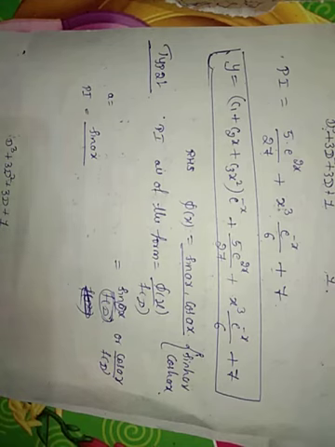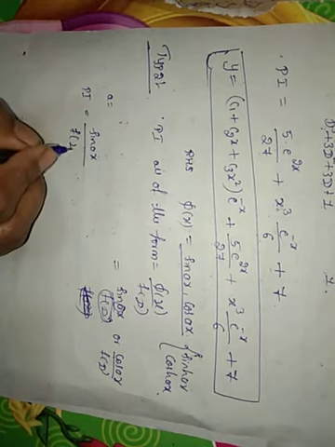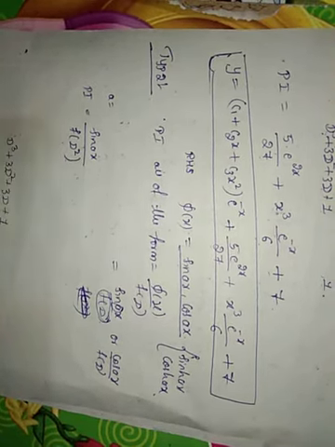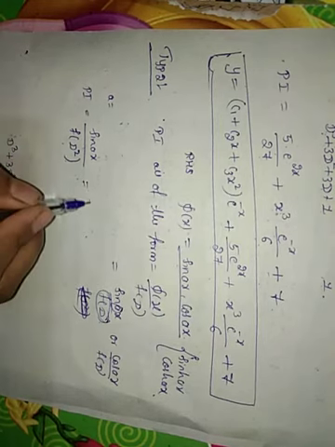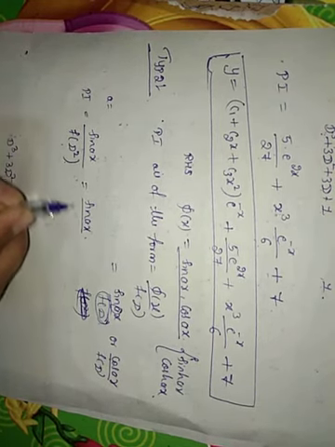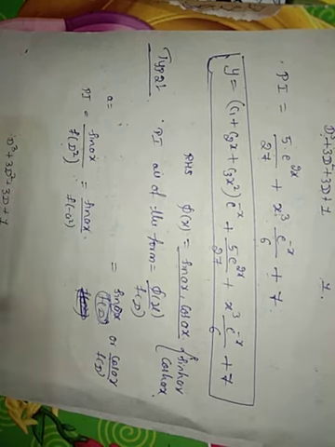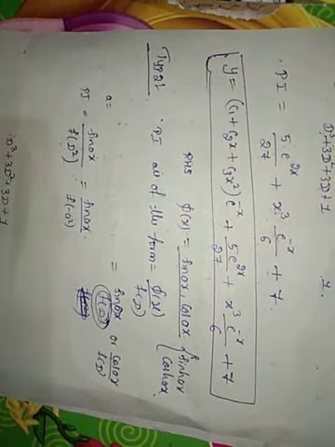Replace D square by minus a square means in the f of D, wherever D square is there, you have to replace it by minus a square. So you have to convert every term of f of D as a D square. Otherwise, first replace all the D square by minus a square, then try to convert the remaining terms as a D square.